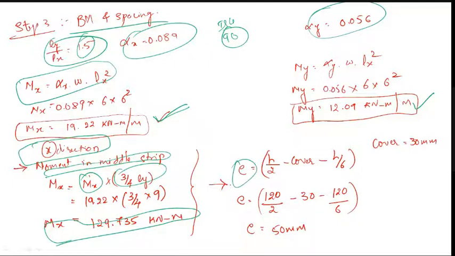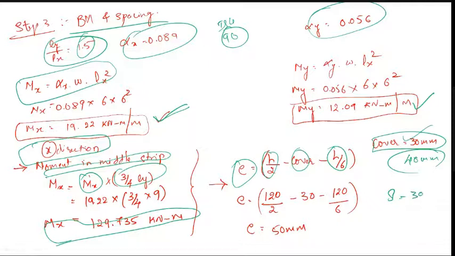Then you have to determine the value of E. It is given by half of the slab depth minus cover minus the pressure line. Here you can take cover as 30 mm or 40 mm, but 30 mm is the minimum you should take. For the shorter span you can take 30 mm. For the longer span, in the x direction you take 30 mm, and in the y direction 40 mm. Just remember, or you can provide the same in both directions, 30 mm and 30 mm or 40 mm and 40 mm, up to you. Therefore you will finally get the value of E.